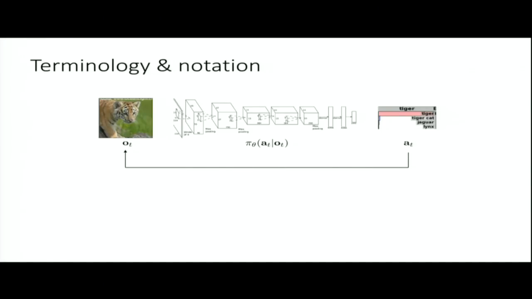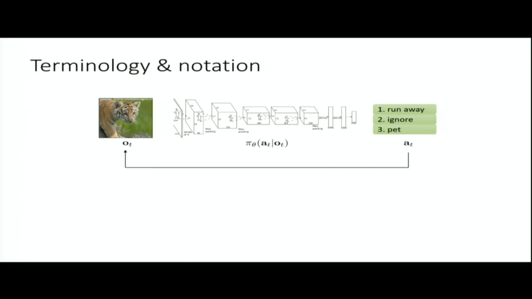So if you see the tiger and you correctly recognize that it's a tiger and you do the appropriate thing, then maybe you won't see the tiger at the next time step, but if you don't recognize that it's a tiger, then you might be in for a bad time. And you can change your actions to things that maybe make a little bit more sense in this sequential decision-making process. So you could say, okay, I'm still going to have discrete actions, but now instead of outputting labels, I'll output something that my agent will do.